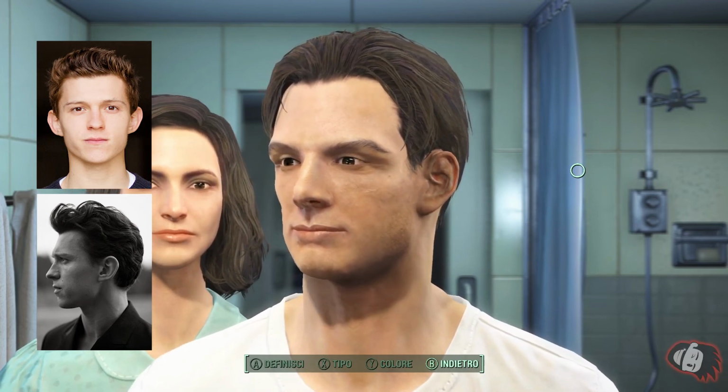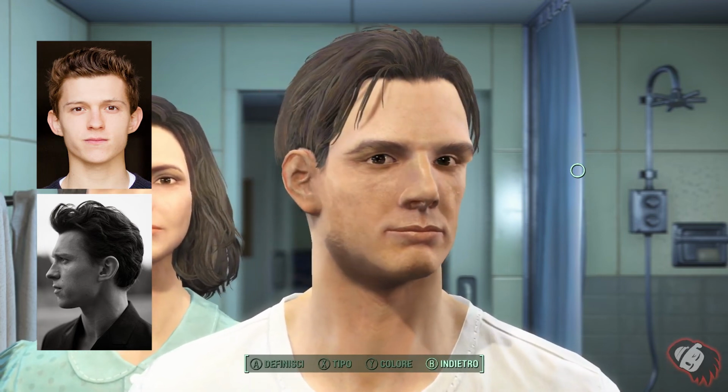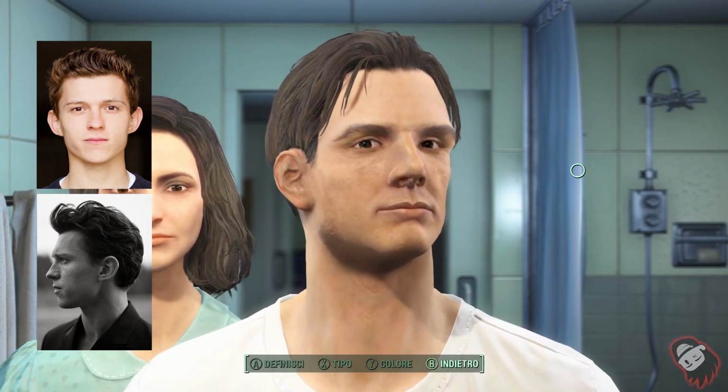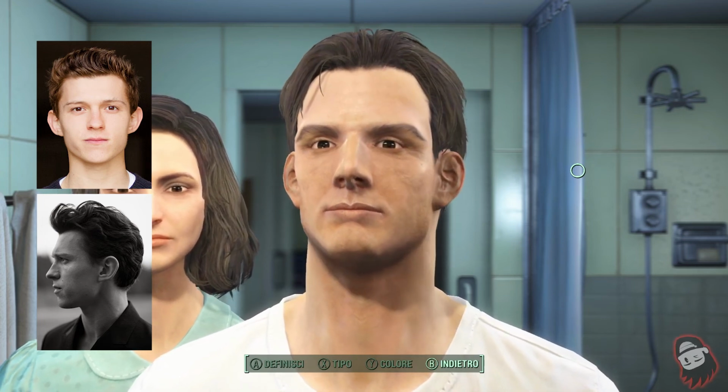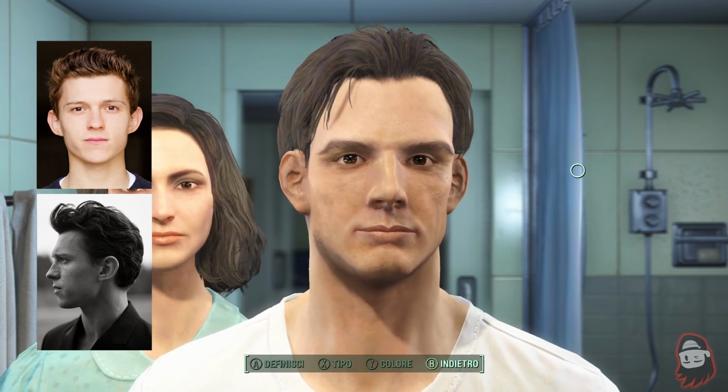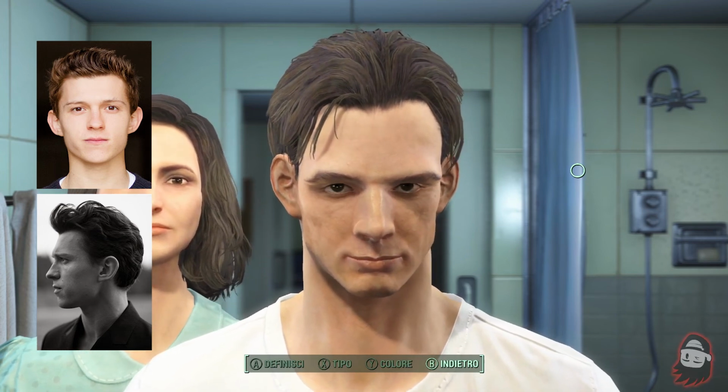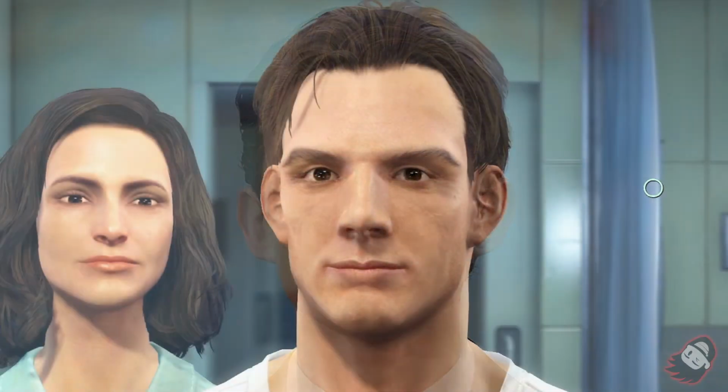As a final detail I also pushed back the bottom lip, but since I am writing this video as I look at the footage, I realized that I also made the bones of the eyebrows a little bit too big, so be sure to not make that mistake yourself. Here are some comparisons of the final result.